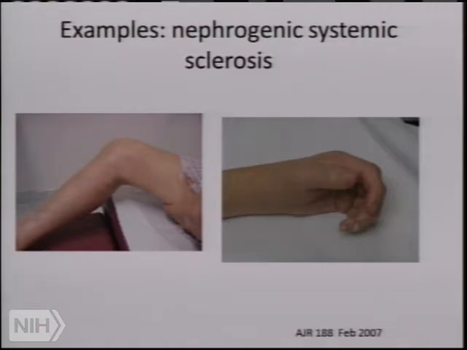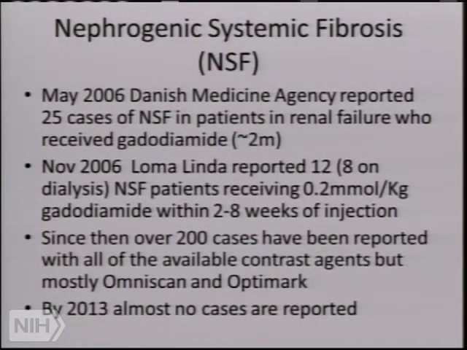So it's very important that gadolinium not be administered to patients who have renal failure. This whole entity of NSF was first discovered in Denmark in 2006. A number of other centers subsequently reported seeing it in their patients. Approximately 200 cases have been reported overall, mostly with Omniscan and Optimark, which are those two agents that have